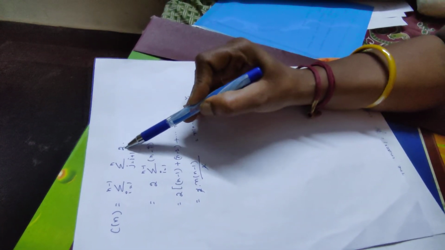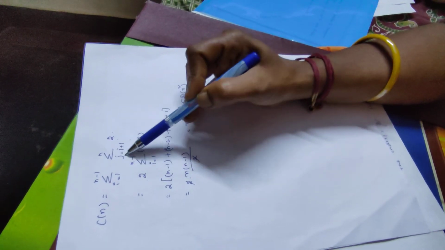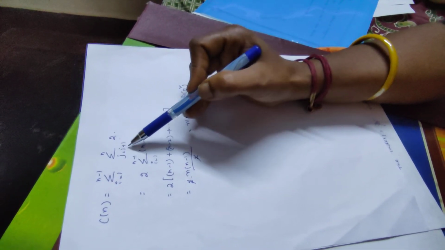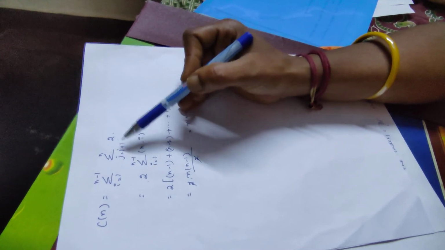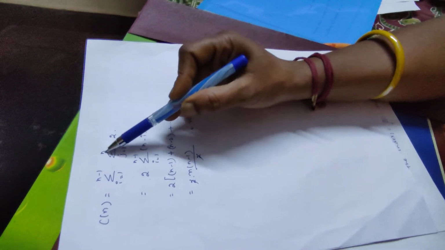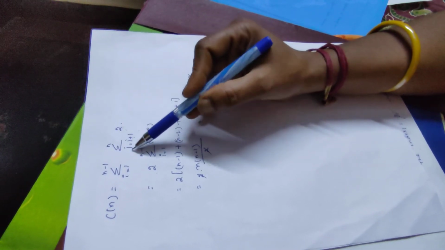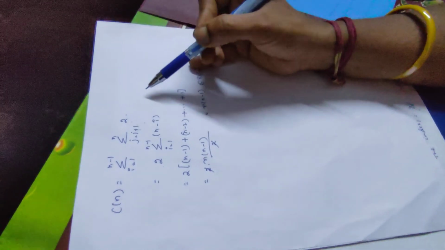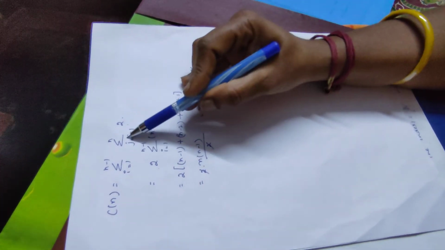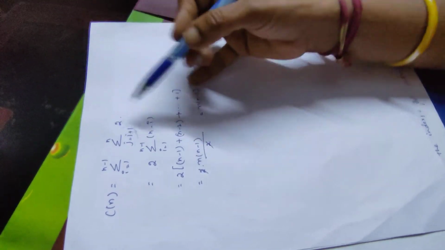So now, this can be taken outside. You want to remove this. Your j starts from i plus 1 to n, which means which term are you missing every time? You are missing the ith term in your n. Suppose, for example, if your i is 1, your j starts from 2 to n. So which number are you missing? 1. So what is that number? i. So that's why simply you can take this term as n minus i.